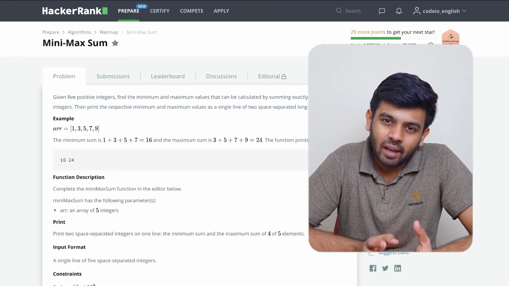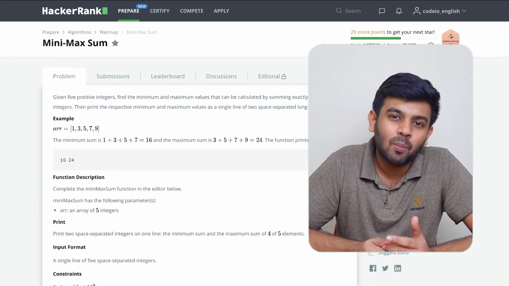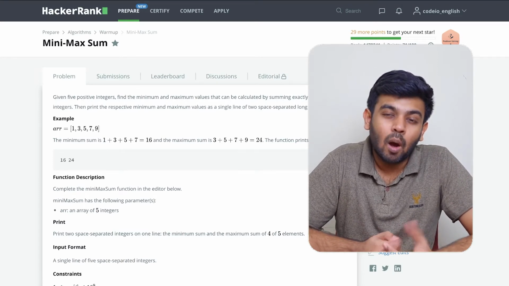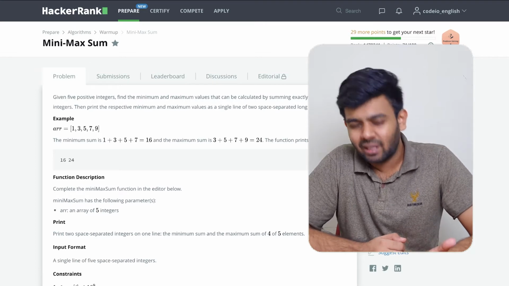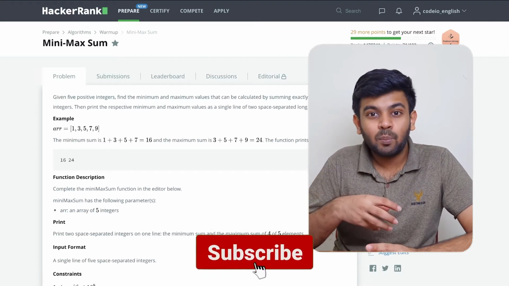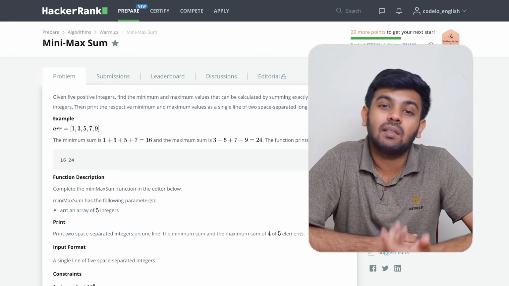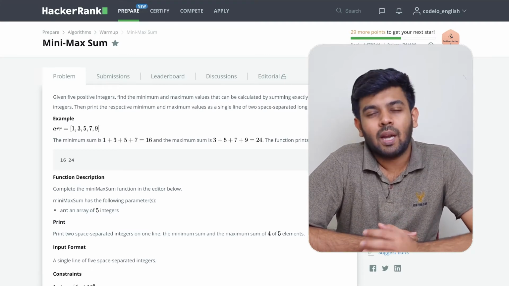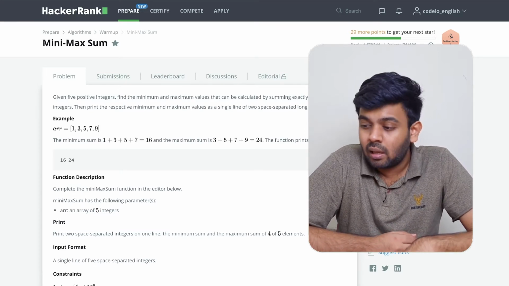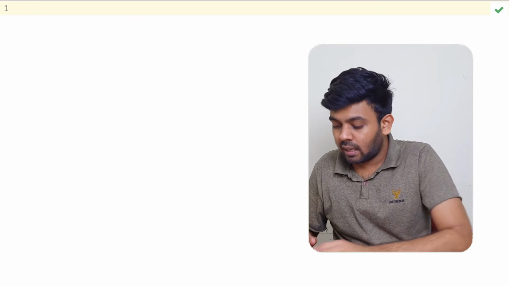The outer loop is going to reference the number that we're going to ignore. So for example, if the outer loop has the value i equals 3, in that particular iteration you will add up all numbers except for the number at the ith index, that is the third index. So you'll add up every number other than the number at the third index. That is what we are going to do. It's very simple, you just have to use a nested loop. I think it will be more clear when we try to code this. Now let me pull up the IDE and we'll try to code it.